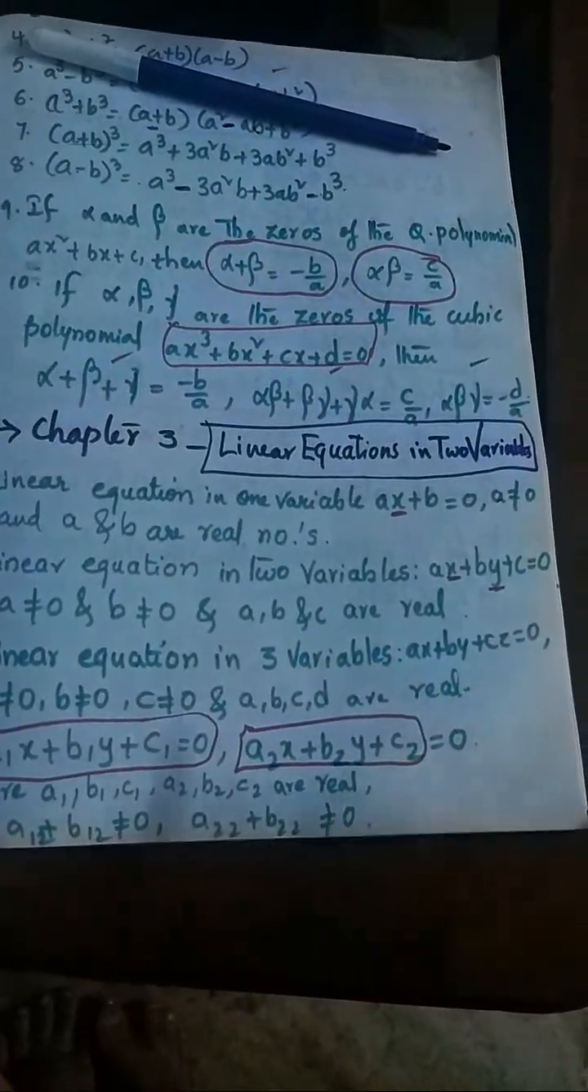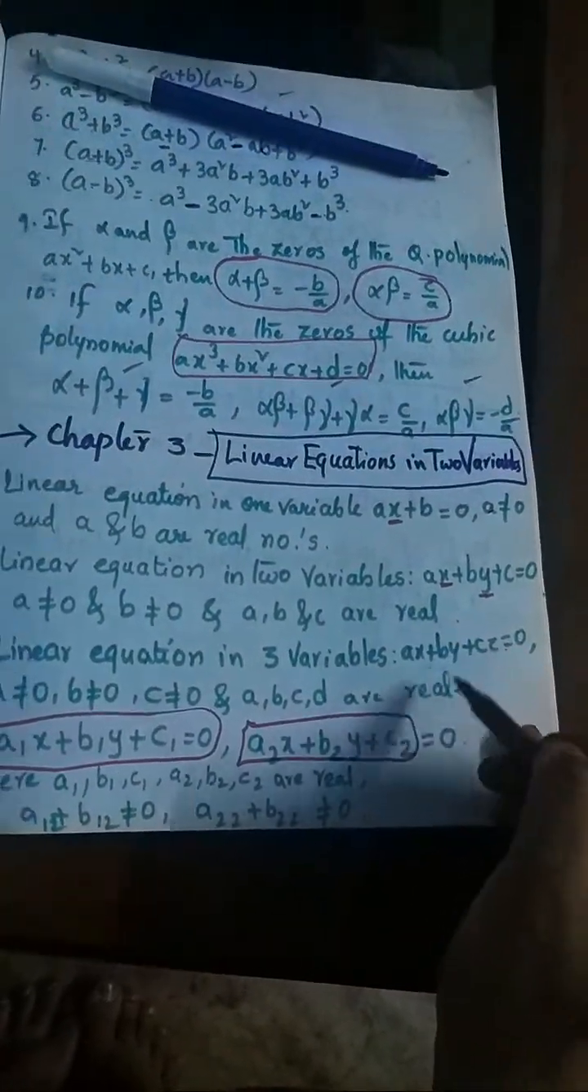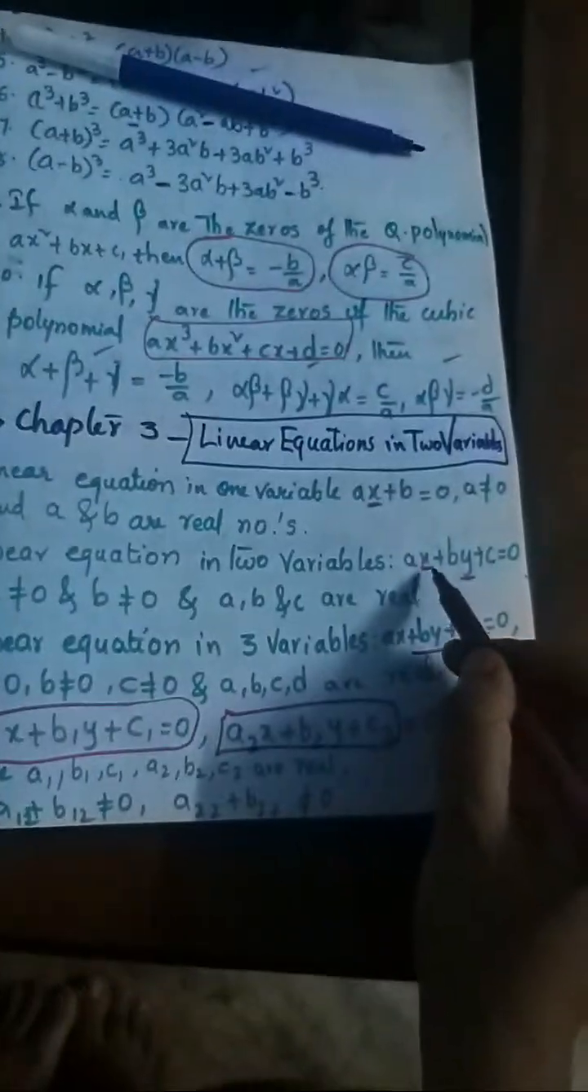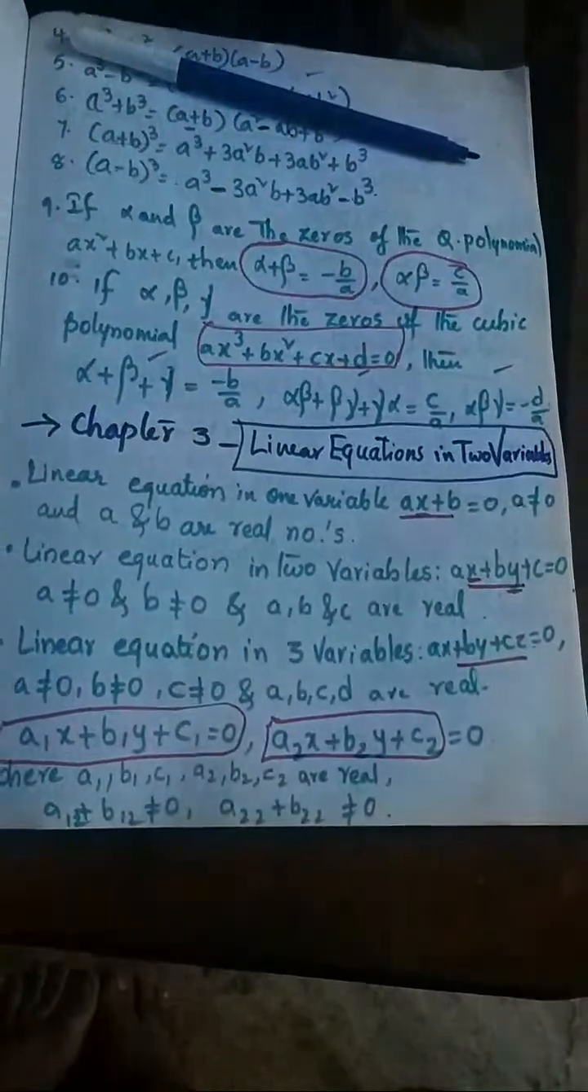Okay, now ax plus by plus cz is the three-variable formula, this is the two-variable one, and this is the one-variable one. Okay,